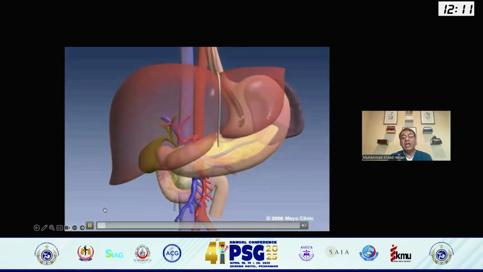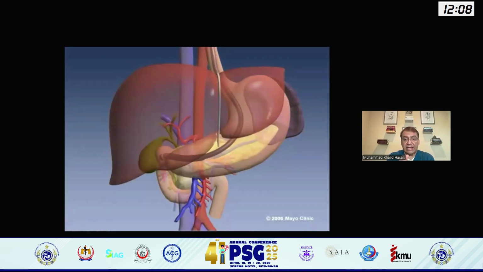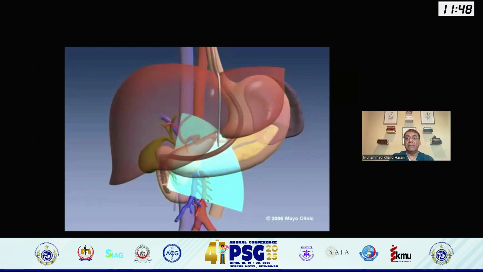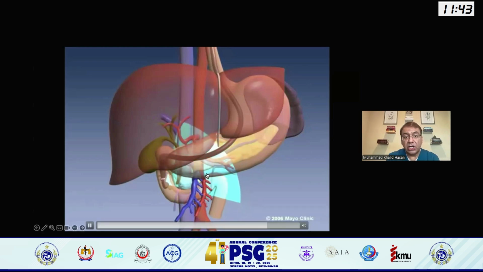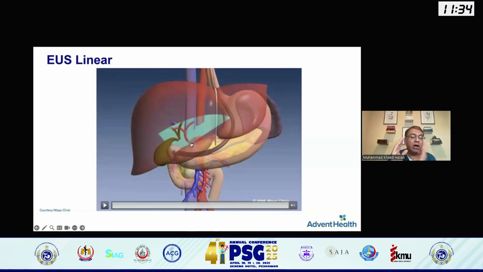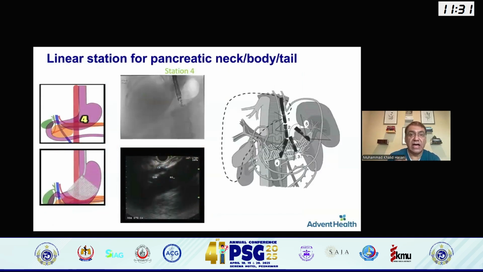And this is when you are in the second and third part of the duodenum. Look at how the orientation of those rays is and what you're looking at, because everything close to the transducer is going to appear first, closer upwards, and the rest of the structures are going to be away from that orientation. So here, the neck is away and the uncinate is closer, but when you're pulling the scope back, the orientation is constantly changing.